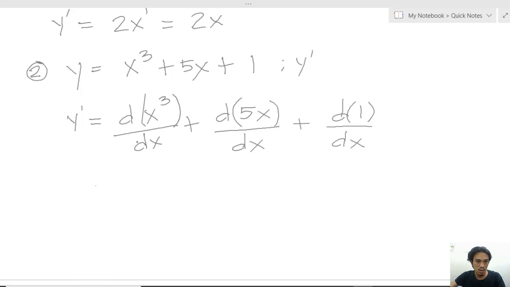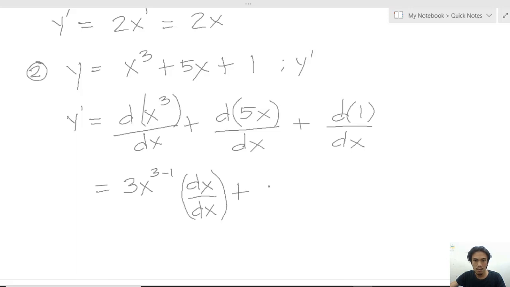So this is equal to our formula. Bring down the exponent, copy the base. The new exponent would be 3 minus 1 times the derivative of the base. This is your base, x with respect to x,